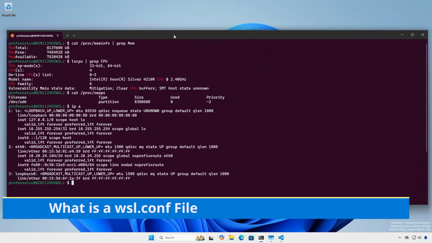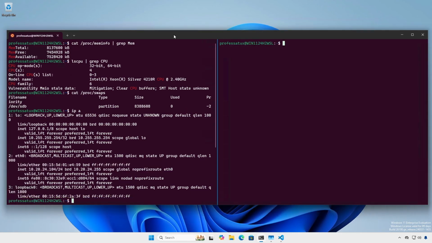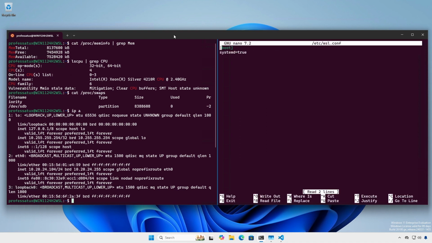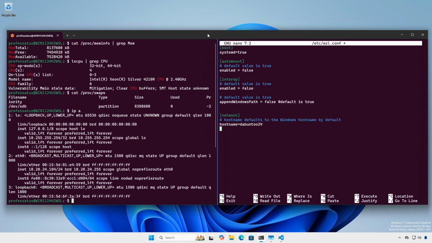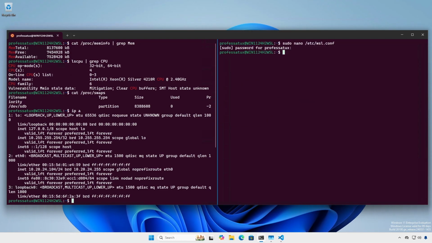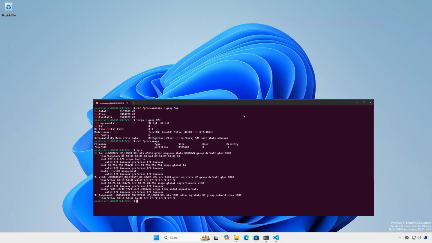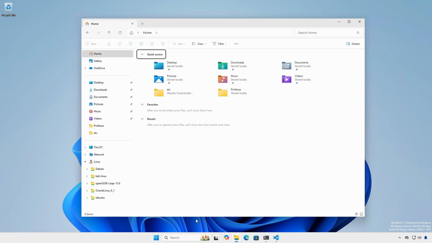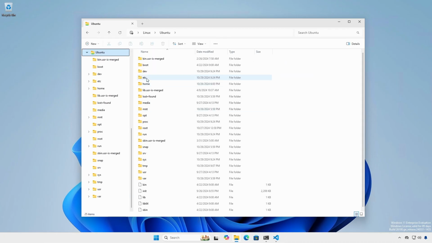The wsl.conf file configures local settings for each WSL distribution and is stored in the distribution's /etc directory. The file can be created and edited within the WSL distribution using vi, nano, or Emacs. However, the file can only be created or edited using sudo or by logging in as root. You can also view the file's contents from the Windows host via Windows Explorer